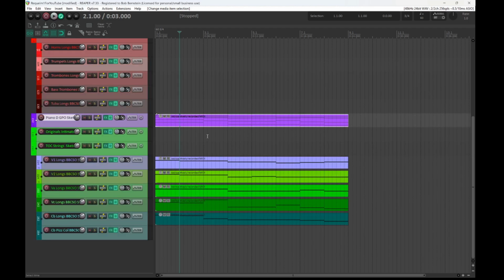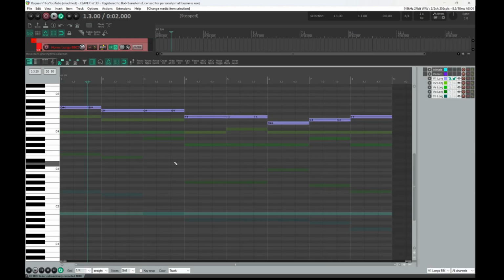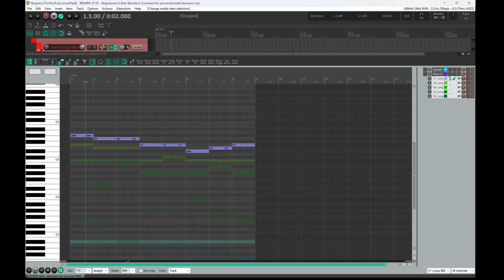So you know exactly where you are and which notes you've assigned to which instrument, and you can see that very quickly. And if I were to look at this whole thing again, so I select everything and double click it, there is everything right there. I mean, the colors aren't terrific in this, but all those notes are there. 1, 2, 3, 4, 5. So that's it. That's how you do this